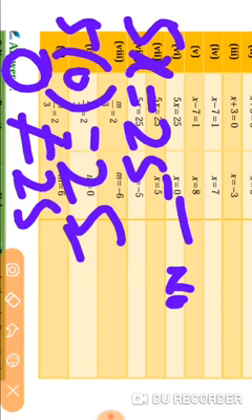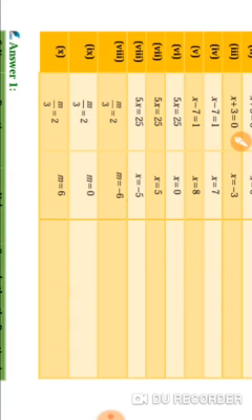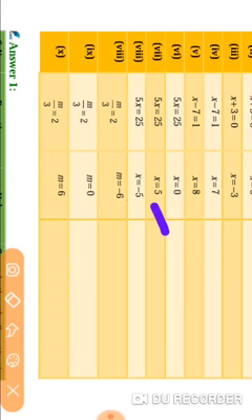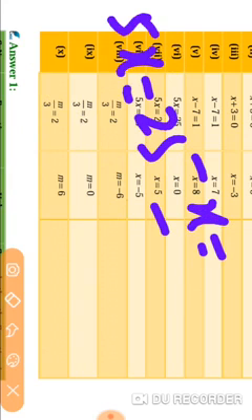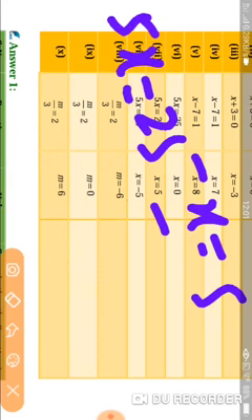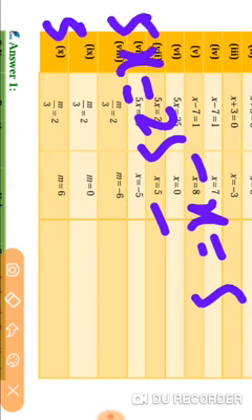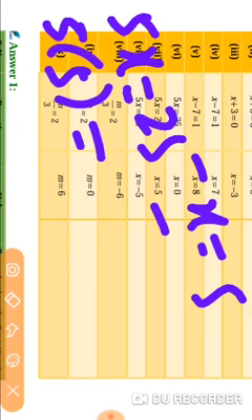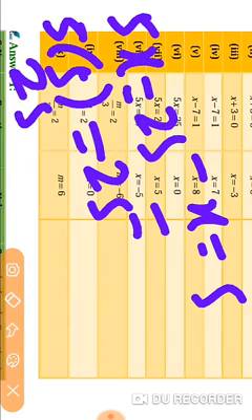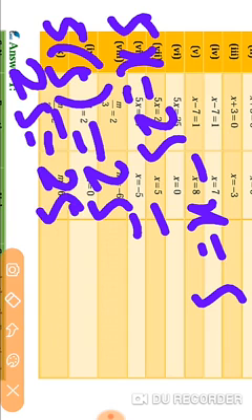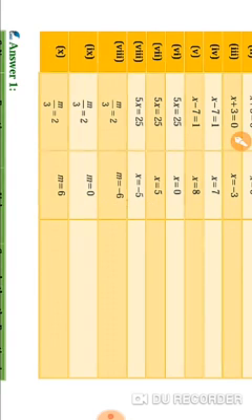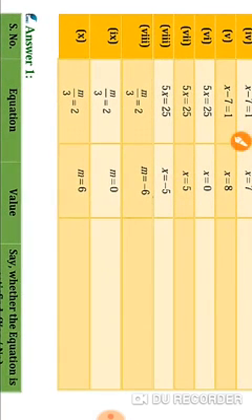Next, 5x is equal to 25 at x equal to 5. What does it become? 5 into 5 is 25, no? See, LHS is equal to RHS. Yes, it is satisfied. This is how you must check. Now one more, division equations, I'll choose.